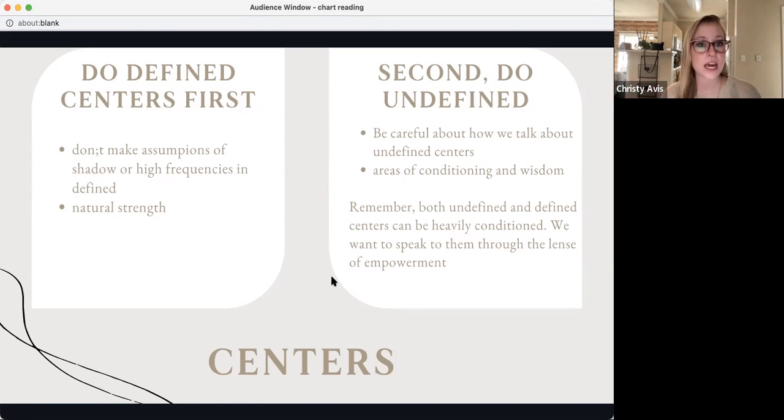And within the undefined centers, I typically just say these can be areas of a little bit more conditioning, but they also hold a lot of wisdom, right? Because if I were to say to somebody who has a completely undefined head center, you can be stuck in so much overthinking, it can cause a headache, that can feel very limiting if somebody's already worked through that within their lives. We can make brash generalizations within human design, but honestly, it has a lot to do